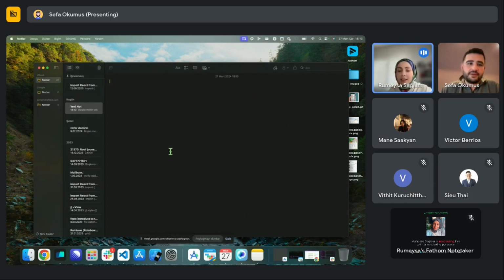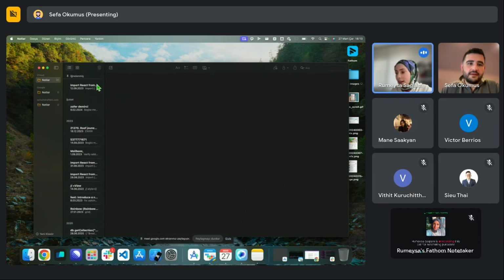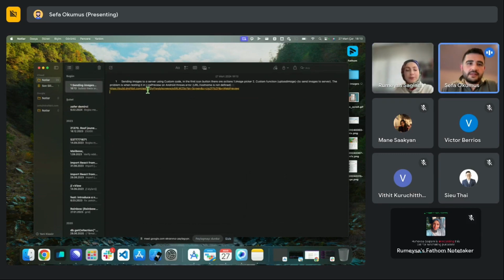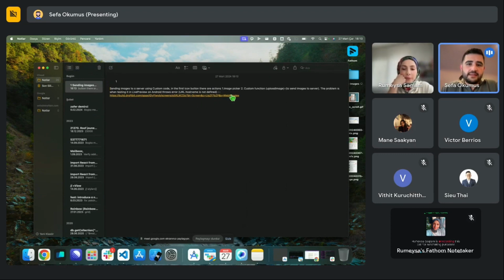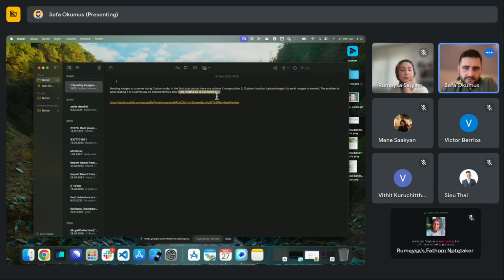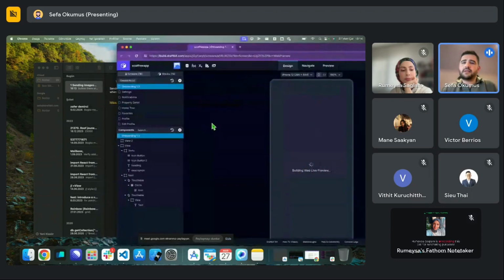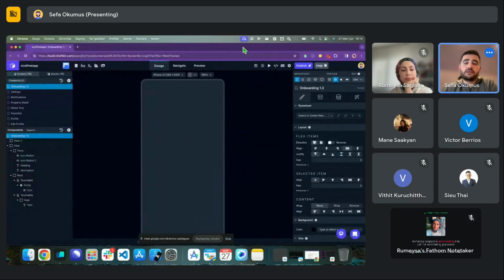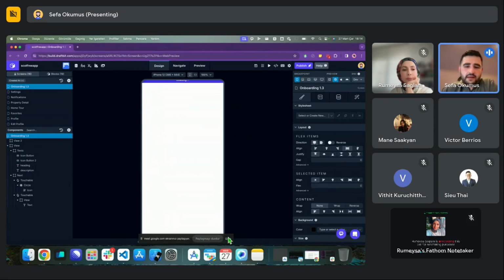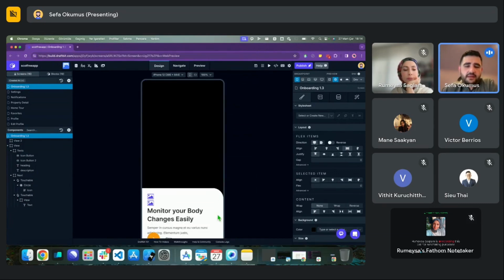Okay. This is a custom code question. Yes. Let me delete these notes and let's see. So yeah, this app has a custom code where he's selecting an image picker, then uploading the image to a custom server. I think in this case it was Supabase. Yeah, we went through this app before the meeting, and let me show you. We're not gonna dive into the custom code details. We're not gonna be doing the entire app, but the reason why he was getting this